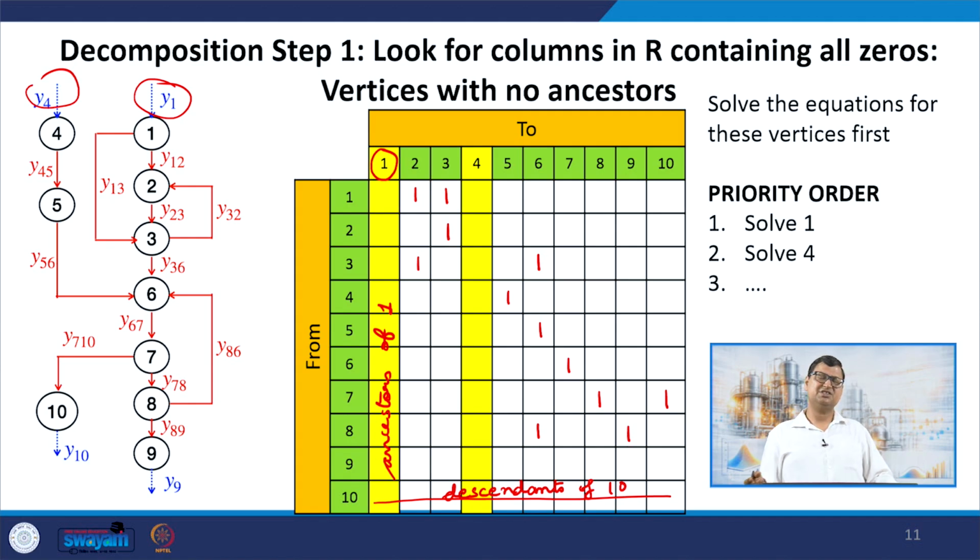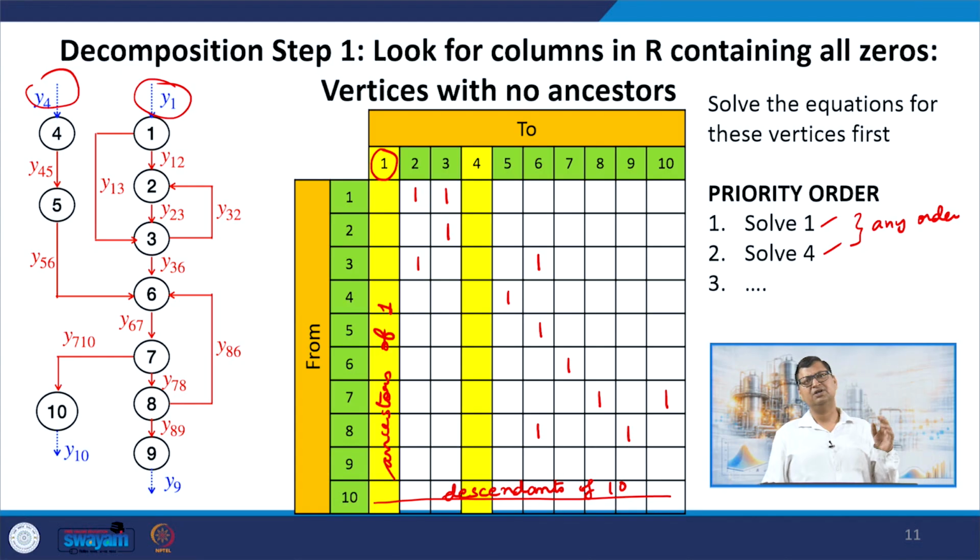So, this becomes the first step in my process: I identify the columns containing all zeros, and the balance equations for the vertices these columns correspond to are going to be solved first. They need not be done simultaneously, because 1 and 4 are not dependent on each other. So, we solve 1 or solve 4 in any order. The way I have written is solve 1 and solve 4, but they can be done pretty much in any order. Once we have figured out that 1 and 4 do not have any ancestors, and therefore the balances for 1 and 4 have to be done first,